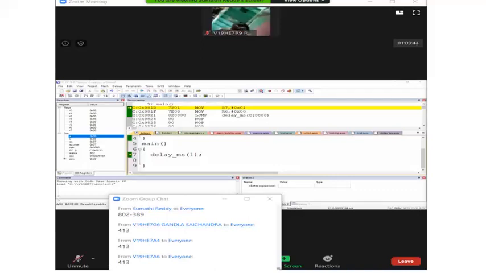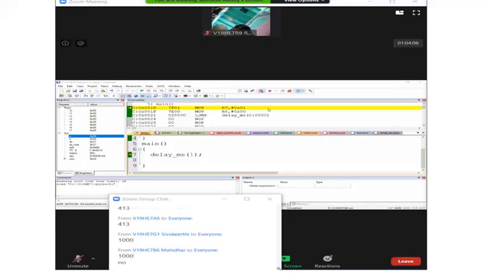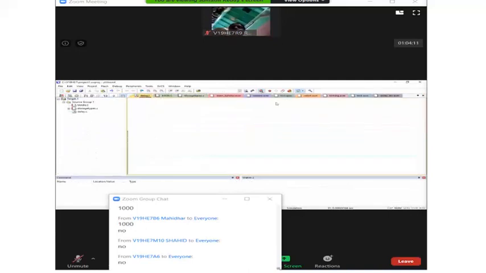But here, if I go with an oscillator frequency of 12 megahertz, one machine cycle takes 1 microsecond. To get 1 millisecond, how many machine cycles do we want? 1000. Very good. But are we getting 1000 machine cycles for the delay function? No. So what do we have to do? You have to increase the delay function execution time. How to increase it? You go for writing some more things.